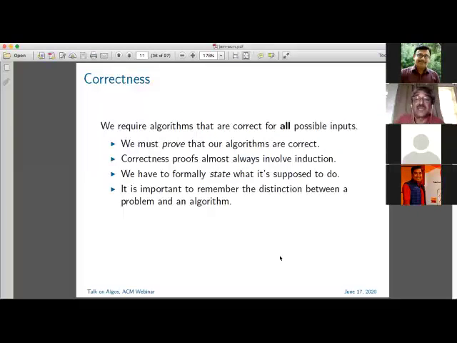And it's important to distinguish between a problem and an algorithm. Many students, when I start talking about a problem, start trying to give the algorithm. It's very important to distinguish the two. If I want to sort some n numbers, the input is n numbers. Now, what is the specification of the sorting? I don't want to know how you sort. I just want you to tell me the relation between the input and the output. Now, if you just say that I want to put it in ascending order,